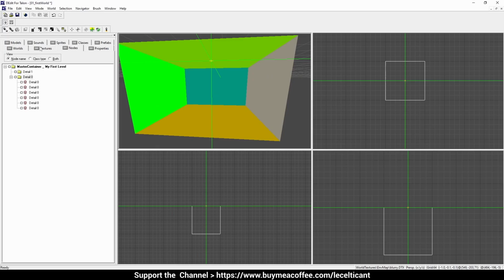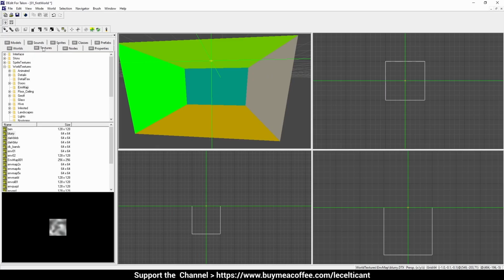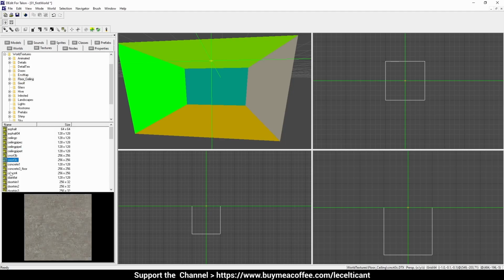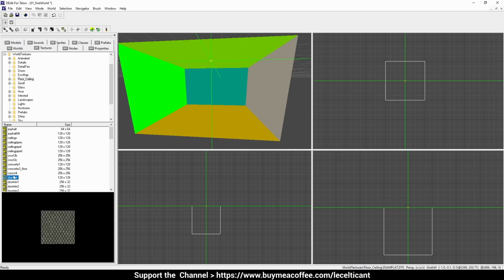We're going to go to the texture tab, and within this textures tab you should see something called world texture, and there I'm just going to review a few. I think I'm going to floor, and I just look at a few textures, maybe this one, DM flat, and I'm gonna select the bottom texture here, and with the texture selected I'm gonna press Ctrl T,